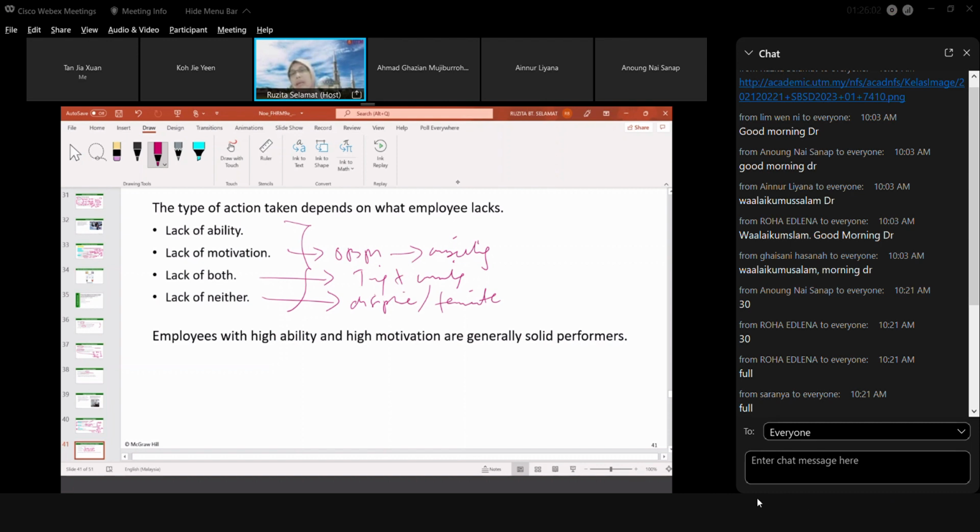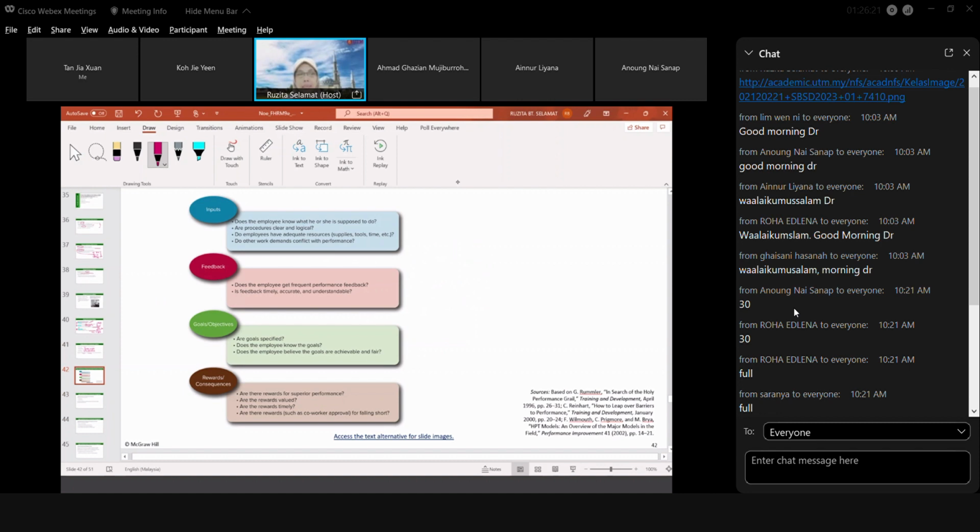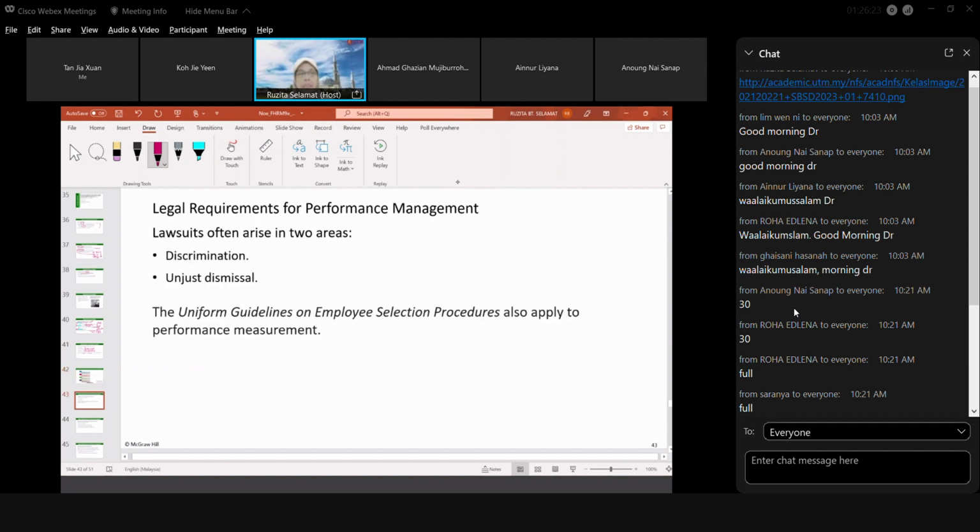Okay, so selalunya kalau yang high ability, high motivation tu tak ada masalah lah. Ni yang macam lack either one ataupun memang tak lack mana-mana tapi simply tak berminat untuk bekerja. Right? So lain masalah, lain dia punya solutions. Okay. Alright, yang ni tak ada apa-apa, and the last part pun, as I mentioned,